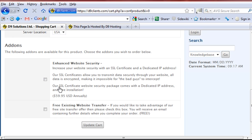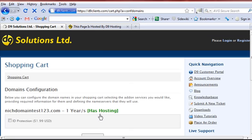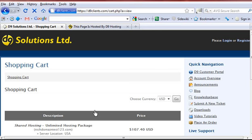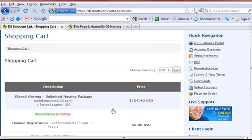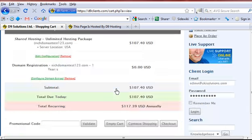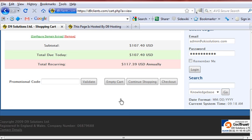Now, you don't need any of this, no free transfer. If you already have existing web space, then yes, you can transfer your files over for free, or you don't have to check that. You can always ask the guys later, then they'll do it for you. Don't need the product ID. And yeah, just skip through the billing cycle and you'll find here, there you go. Now simply go to checkout,